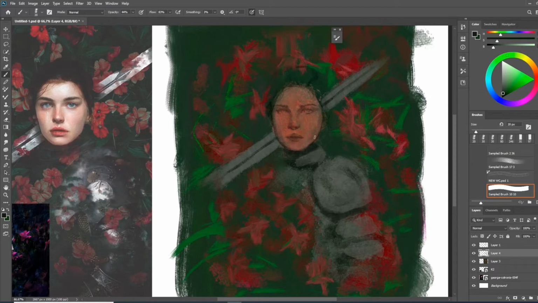I painted over the colors that we did on her face, and after that I can continue building the color with this. I'm going to turn the opacity down, and I started with 15. As you can see, it's getting a lot of texture on her face, but I don't want that. So what I did was turn it down like 12 and